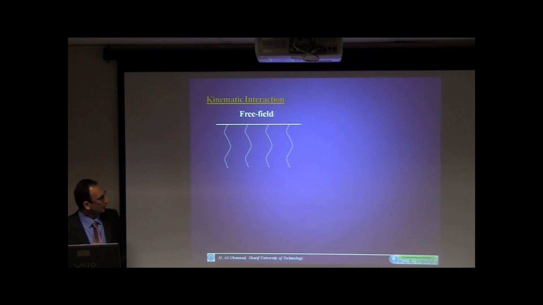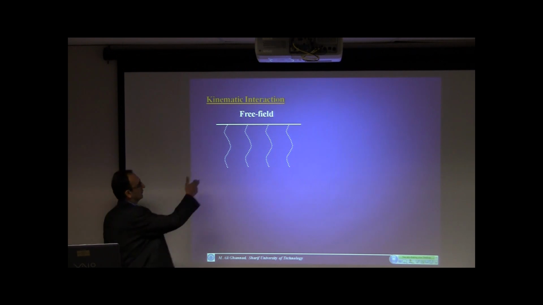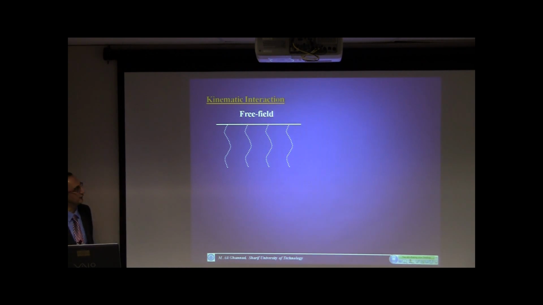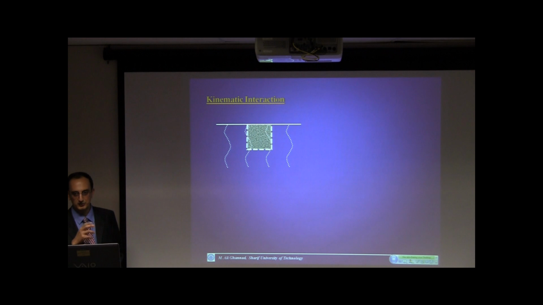But looking more closely at the soil structure interaction effect, we can divide it into two main parts: the kinematic interaction and the inertial interaction. For the kinematic interaction, suppose that we have a free field, and that this wave is coming through the free field, meaning there is no structure, no excavation. When you insert a relatively rigid foundation into the soil, suppose there is no mass, even no mass, the motion of the foundation, of course, cannot be the same as the soil. So they have to compromise with each other to move to some extent.